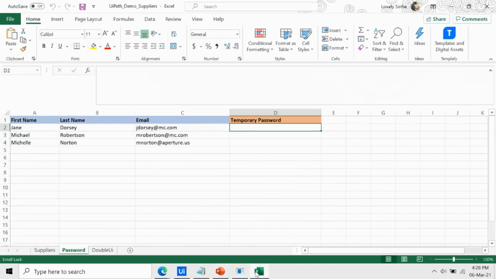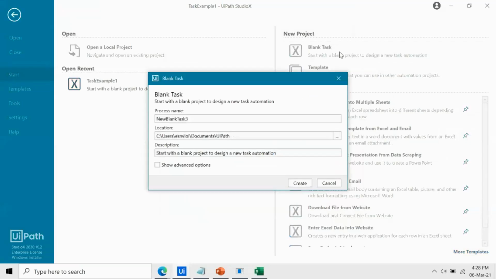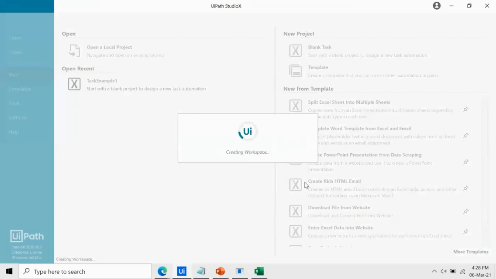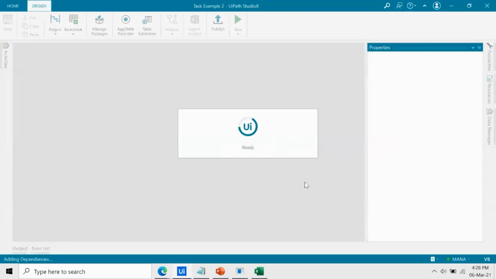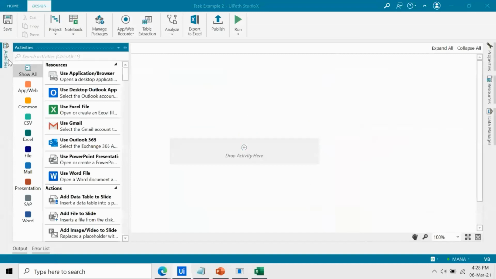Okay. So now to start with another task project, I go back and click on the blank task. Okay. So the first thing is to open the browser.